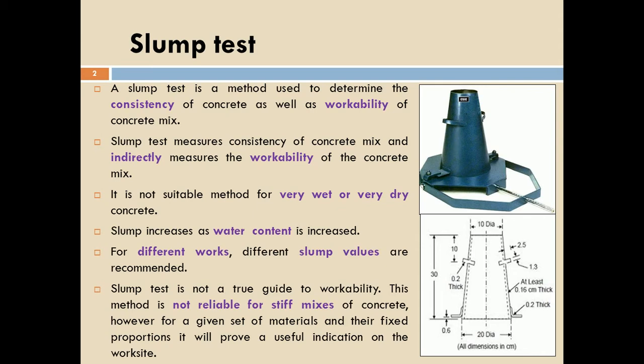This test plays a very important role in ensuring concrete quality, especially at construction sites. Why? Because the slump test can be done both in the laboratory as well as on the site, because it is very easy to do the experiment, and it gives the result quite fast. It is very simple and easy to handle, because the test can be done in a very short amount of time. So in order to ensure good quality in construction projects, we can easily adopt the slump test.